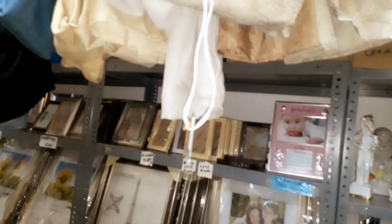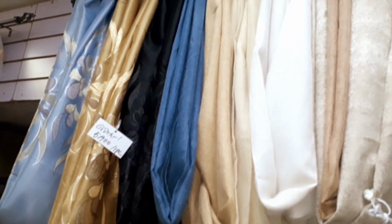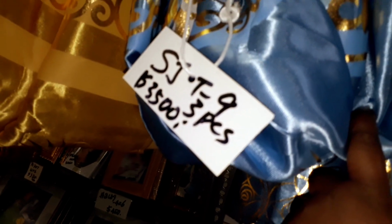They also have curtains, so if you need a curtain, they can get a piece for you, and some of these are blackout, some are patterned as well. If these are your color, you can always come and check out the curtains as well. And they have these pattern curtains for like $3,500. They have this gold and white one,